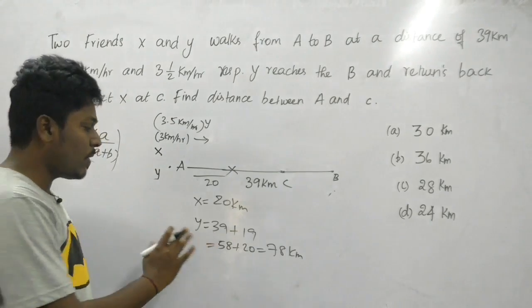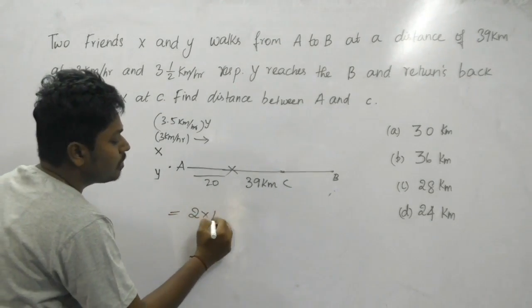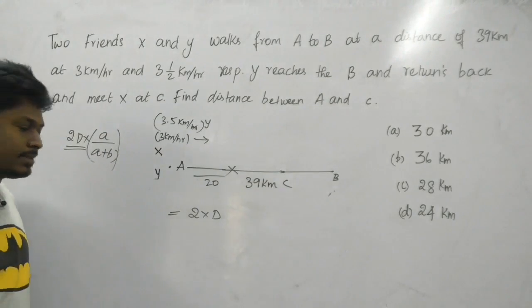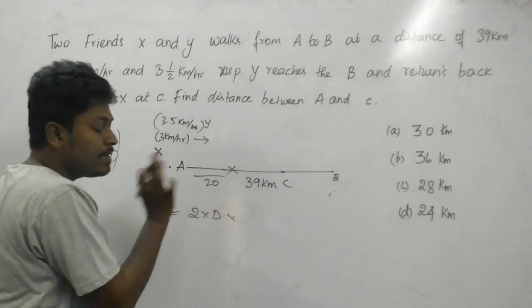So what they are doing is that in this formula they are putting 2D. This 2D refers that both the persons are covering double the distance. So in order to get the distance between only A and C,